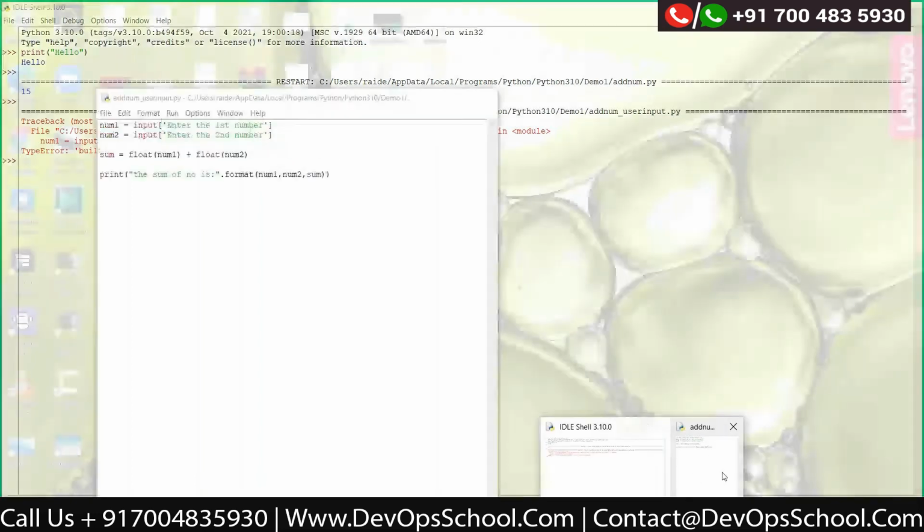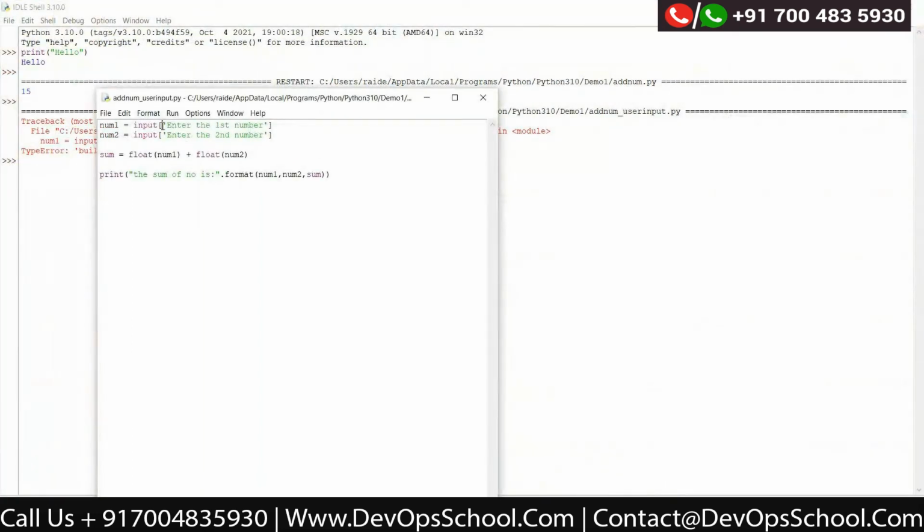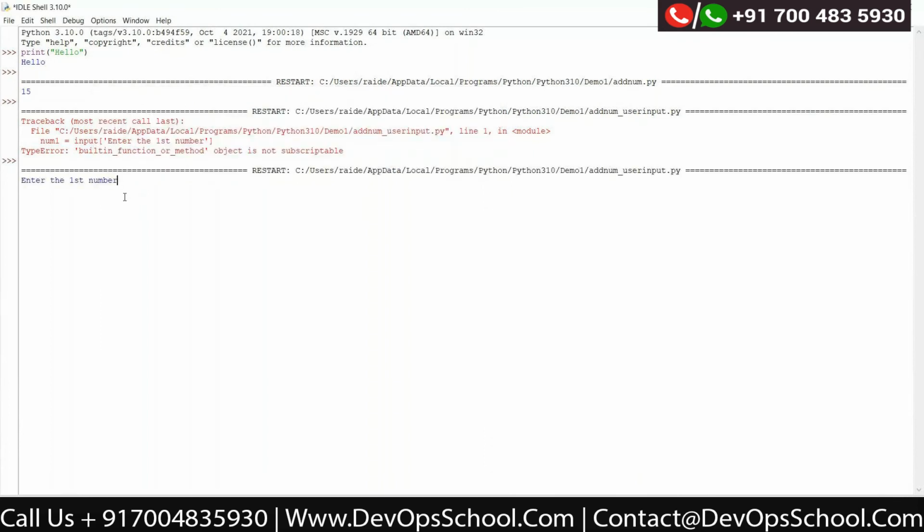I've used a square bracket here. Input is a function. Perfect. Now you can see once we are running this program, it is asking for the user input. So let me enter 23 here and click enter, then post that it will again ask for the second number. Once I click enter, it will